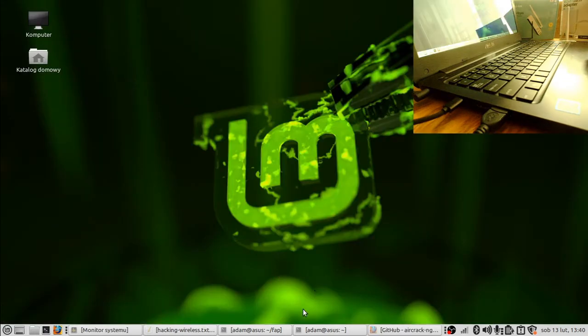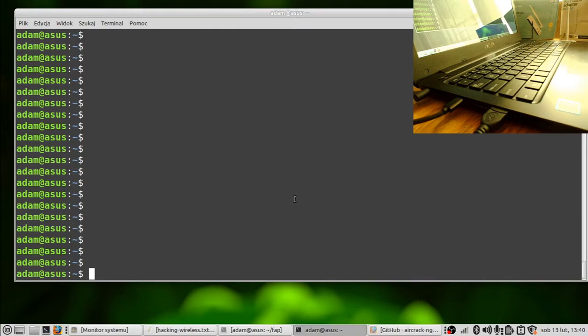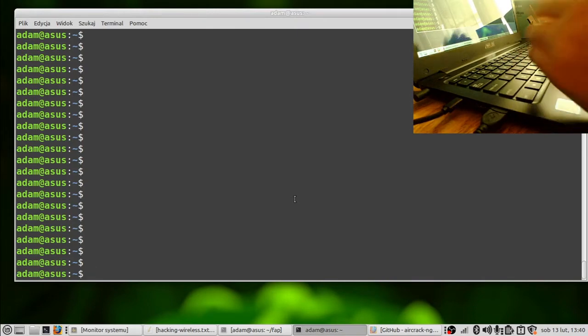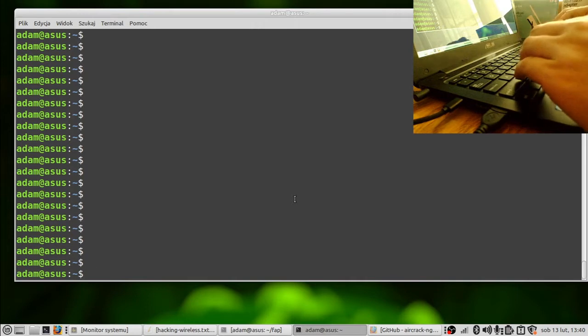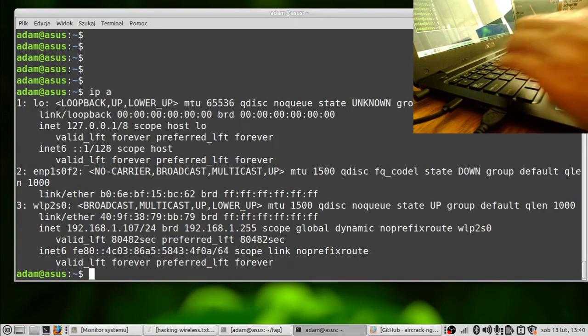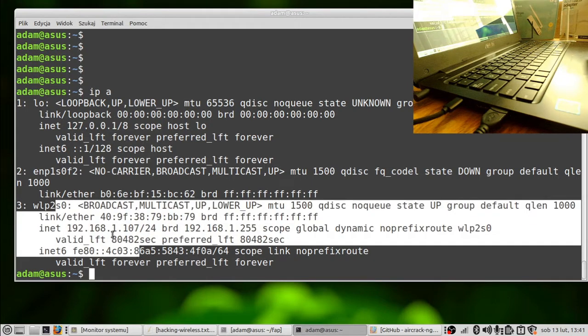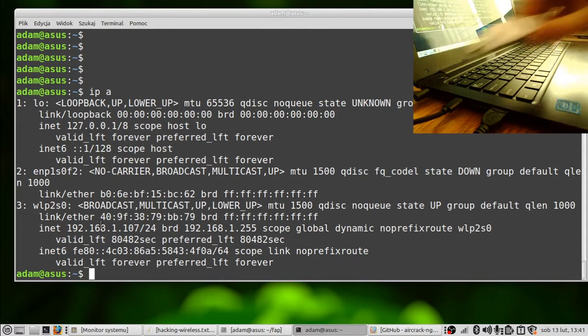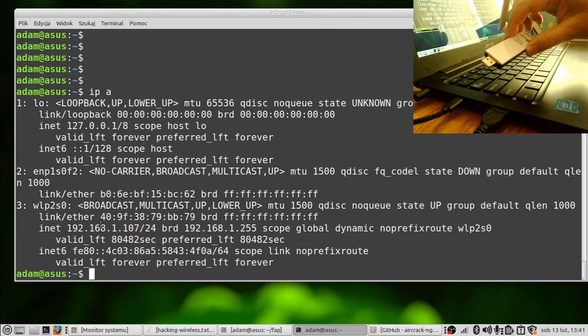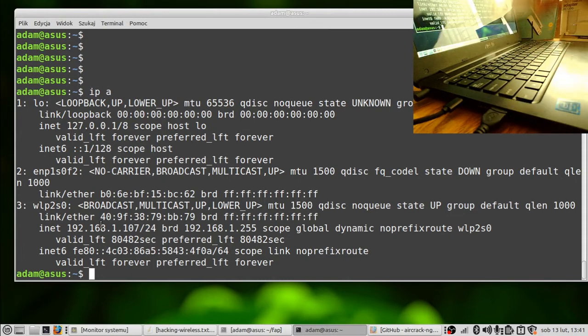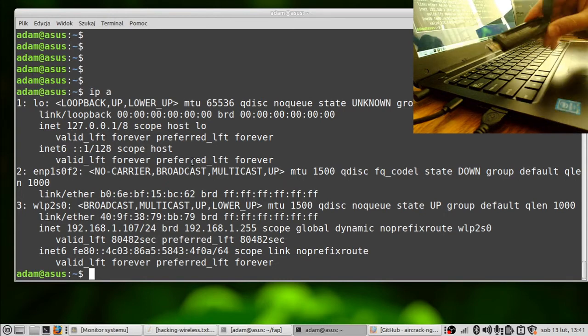Okay, let's start. So first of all, if you're using a laptop or netbook, it already has some kind of Wi-Fi interface built in. We'll be using this Wi-Fi interface, which in my case is named wlp2s0, to connect to the internet, and we'll connect the USB card, the one here, to create another access point. So your PC will be a kind of pass-through. The user will connect to this access point and will go to the internet through the internal Wi-Fi card in the laptop.